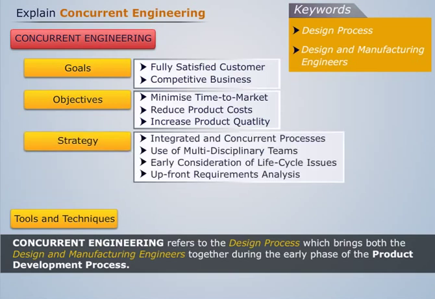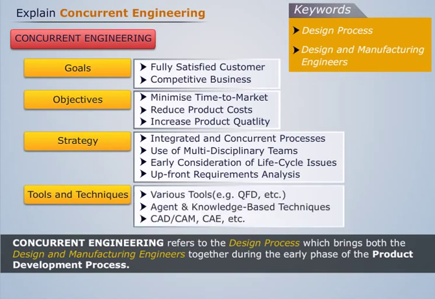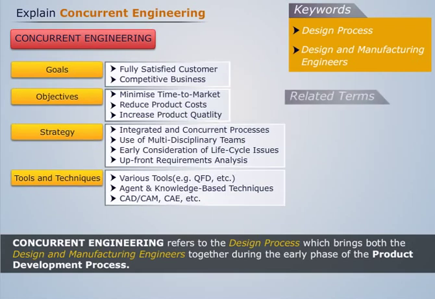Its strategy is to integrate the entire process and discuss all the related facts and problems at a single platform. It uses various tools like computer-aided design, computer-aided manufacturing, quality function deployment, etc. to achieve the desired function. Related terms are